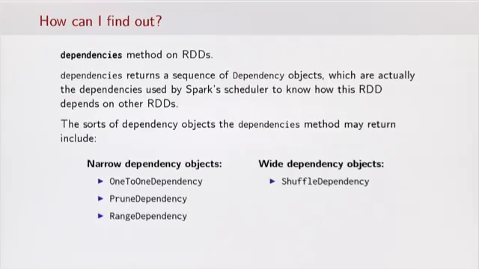But sometimes maybe you want to be a little bit more certain than thinking critically about the operations that you're using. For that, Spark gives you a method called dependencies, and dependencies will give you a sequence of dependency objects, which are actually the dependencies that Spark uses in its scheduler to know how this RDD depends on other RDDs. When you call this method, you'll get back a sequence of dependency objects with different names. Dependencies called one-to-one dependencies are narrow dependencies. You might also see something called a prune or range dependency, but most often you'll see one-to-one dependencies for narrow transformations. And finally, wide dependencies are called shuffle dependency in Spark,